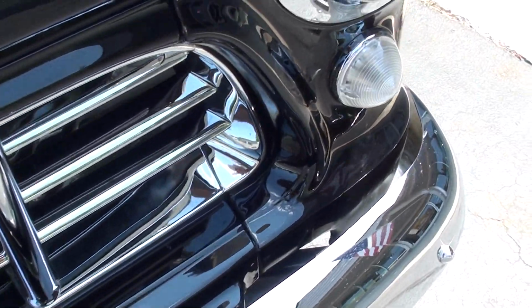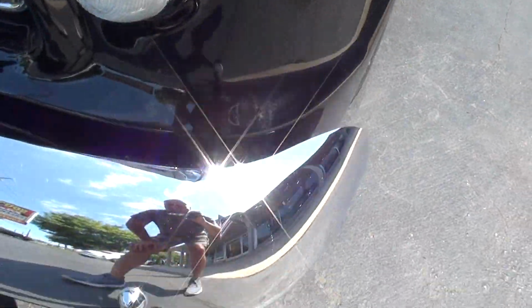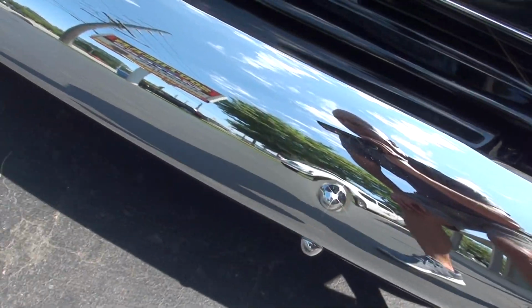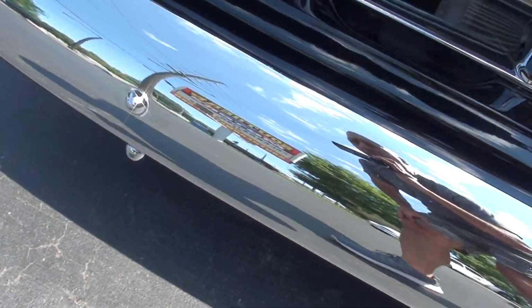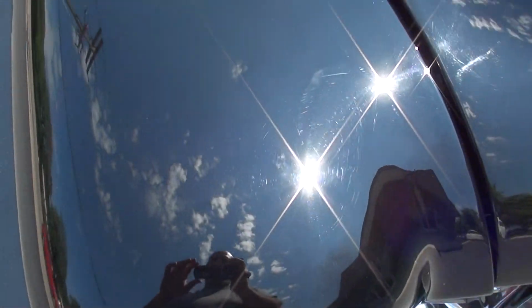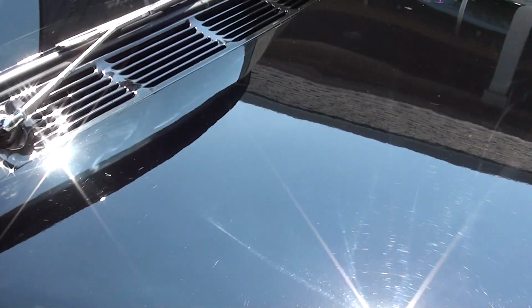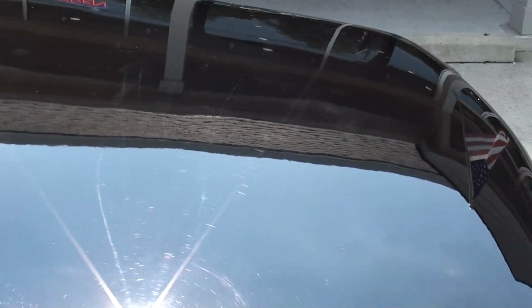You can see they've replaced the grille. There's not a whole lot you can really nitpick. There's a couple little touch-up marks, you know, a few little things that I've seen, but not a whole lot to pick at. Truck drives great. In fact, there's a little bug still on the bumper there. Pretty truck, man. Slick paint,